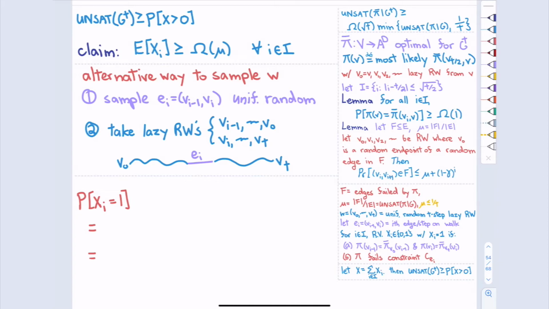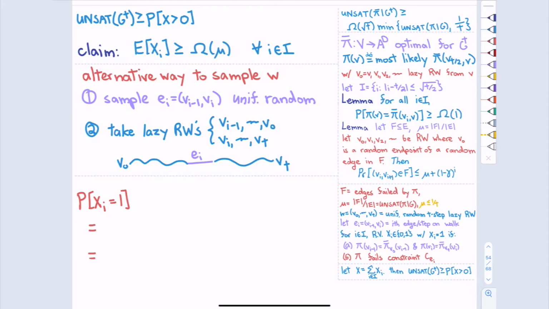Because G is a regular graph, you can double check that this will still generate a uniformly random lazy random walk in the graph. So you can actually just start from the middle and then randomly walk outwards, and then you get a t-step lazy random walk, uniformly random. The obvious convenience is that e_i is now in the middle, and that's independent of the other steps. It comes first. That's going to help us in the analysis.